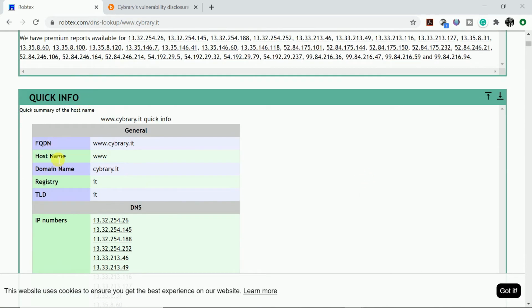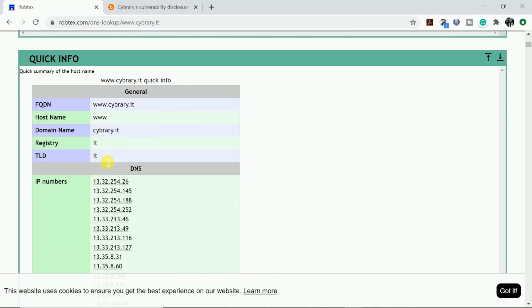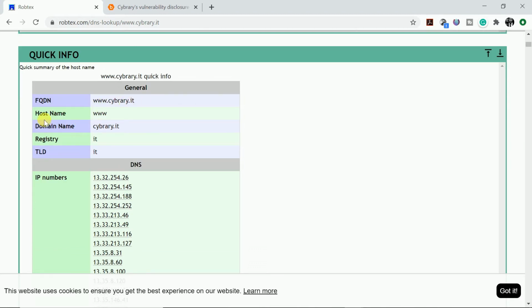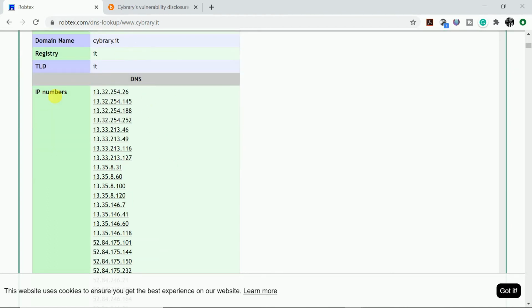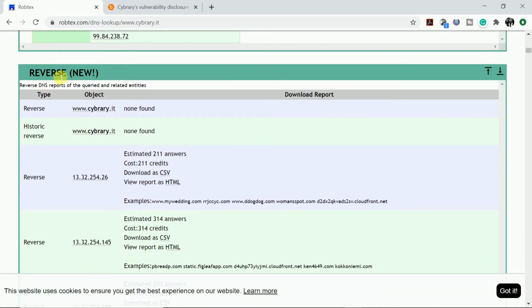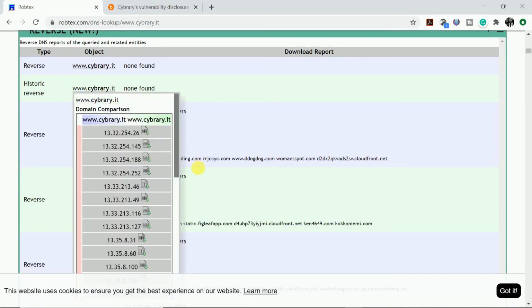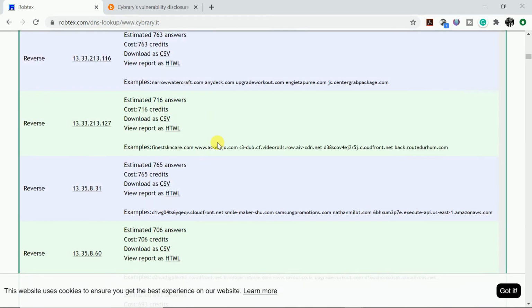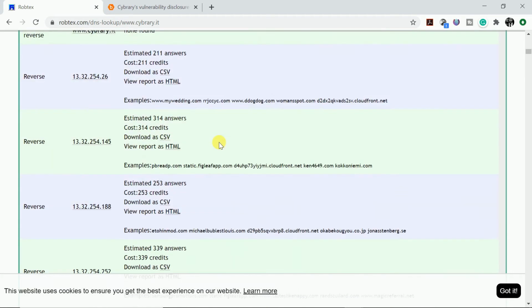If we move to the quick info, it's the Cybrary.it domain name, then the registry, top level domain, the IP addresses that we have seen, and the domain name servers associated with these IP numbers. Now here we have reverse, that is for each one of these 36 IP addresses we have the reverse IP addresses.